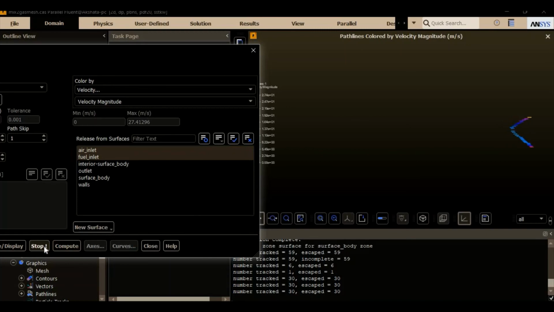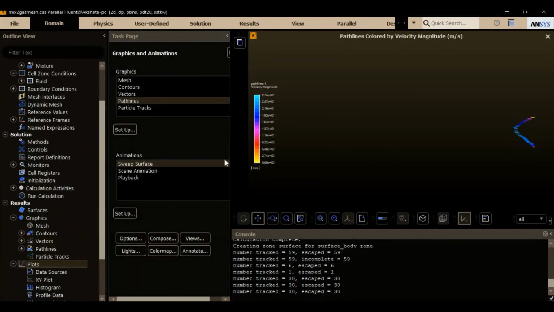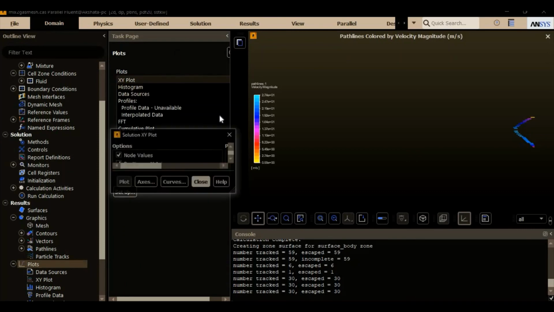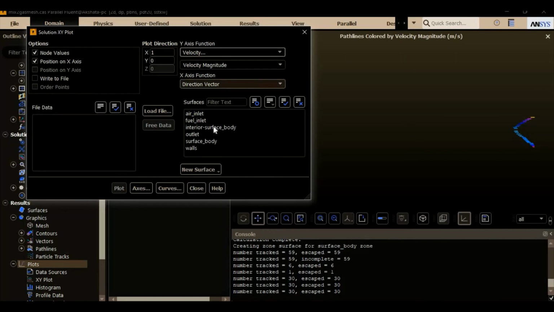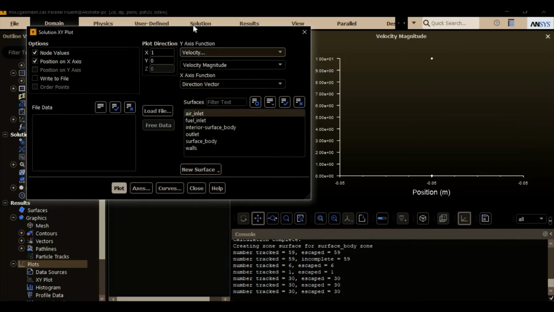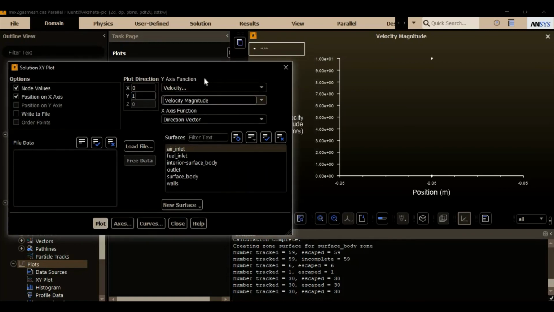So we'll stop this. We will check for other parameters. The last parameter which we're going to check is XY plots. For XY plot, I will select one parameter, that is we will check velocity again, direction vector. We will check for air inlet plot. So here we have to change this axis option. We will go for x equals 0 and y equals 1 because air inlet is present in